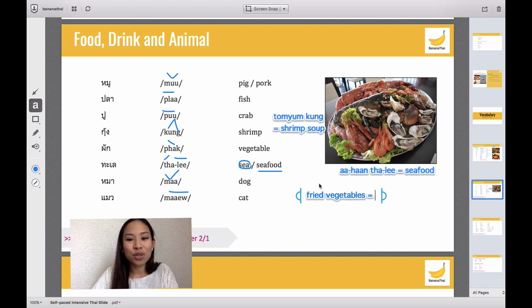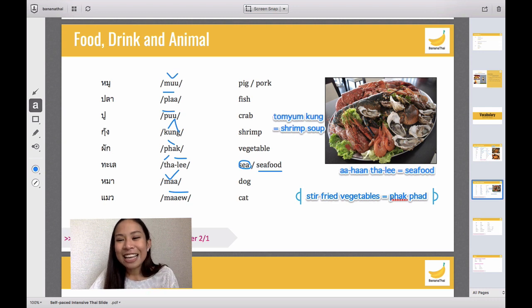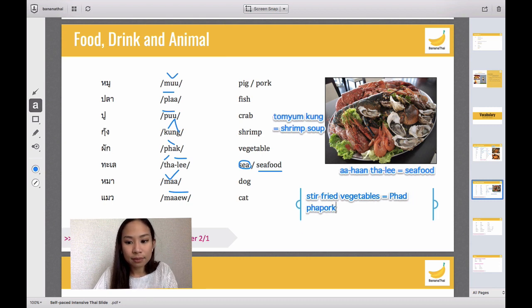Fried vegetable, what would you say, like stir fry vegetable? Vegetable should come first, right? I told you now. Vegetable in Thai is ผัก and then stir fried is ผัด. Stir fried vegetable. But the trick is that in Thai language when you order stir fried vegetables, you don't say ผัดผัก, it's a name and the name is ผัดผัก, it just switched as a name. Alright, so now you know one dish. Next, if you want to say pork ผัด, if you want to say pork noodles